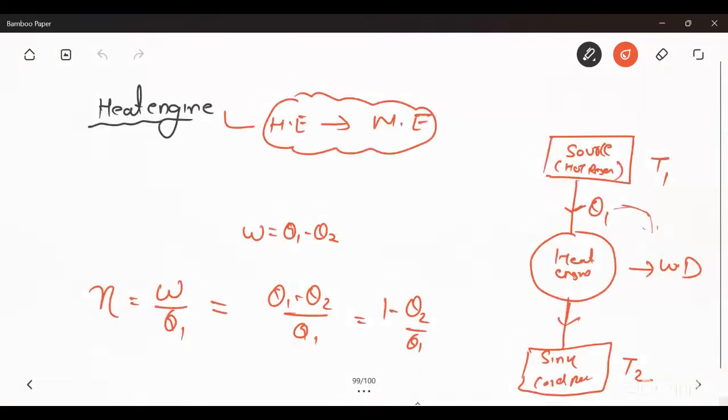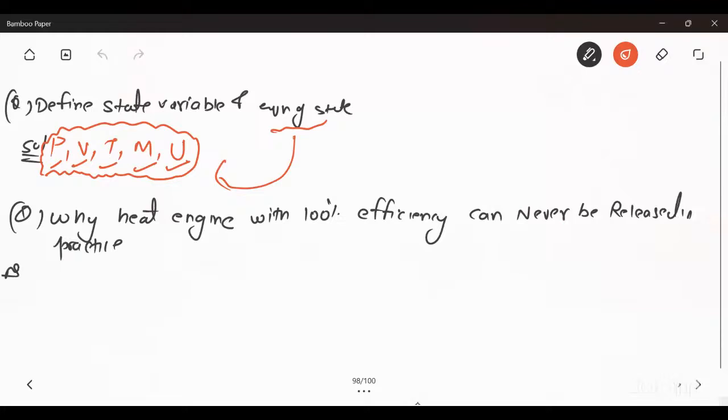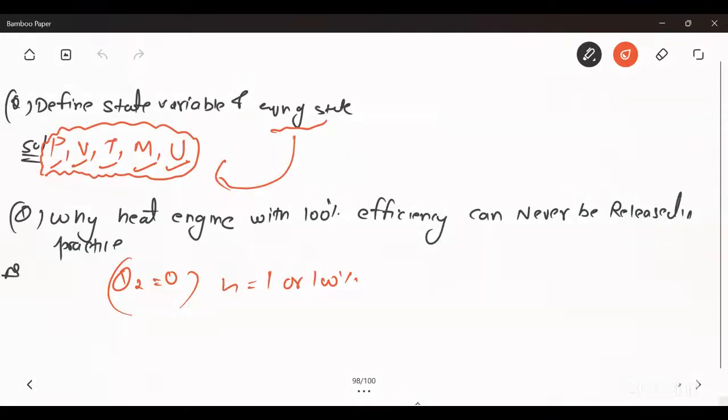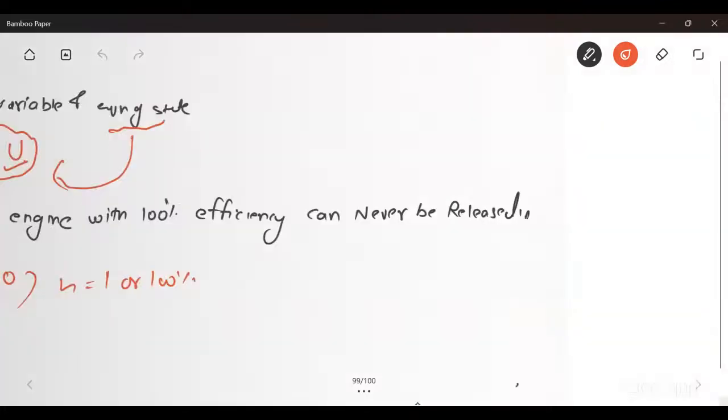So every device must release heat. Okay, so this is the heat engine. The question is asking why a heat engine with 100% efficiency can never be realised. I gave the explanation: Q2 equal to 0, so efficiency equals 1 or 100%. So what happens in this process? No heat is rejected, which violates the Kelvin-Planck statement. So that's why it can never be realised in practice. Now next is